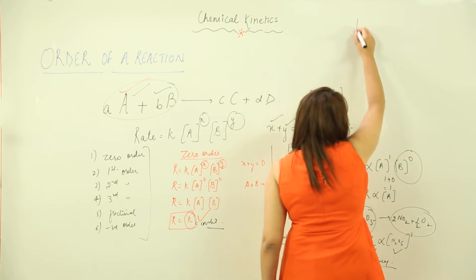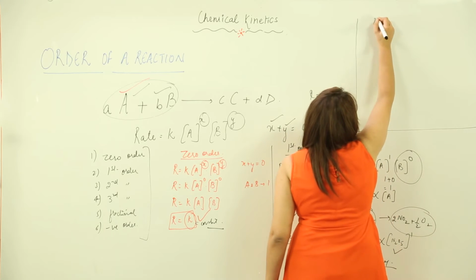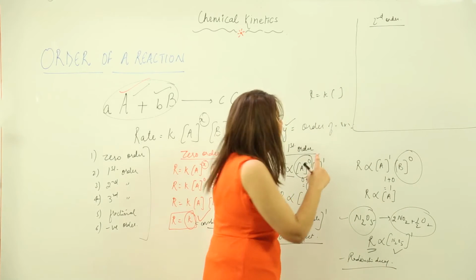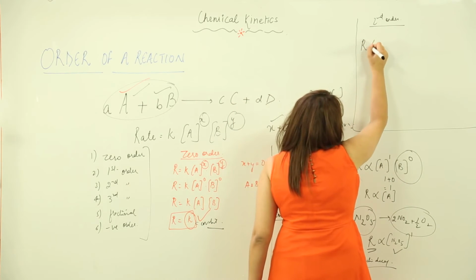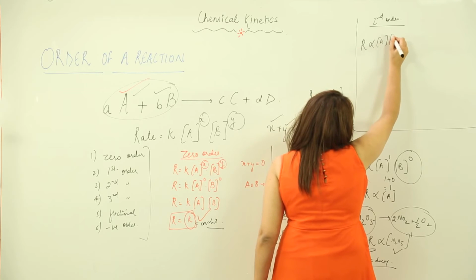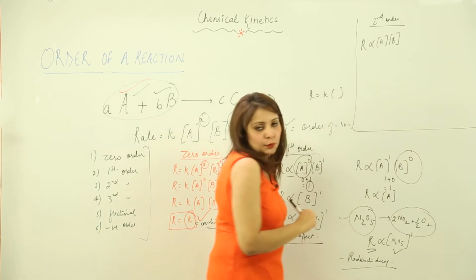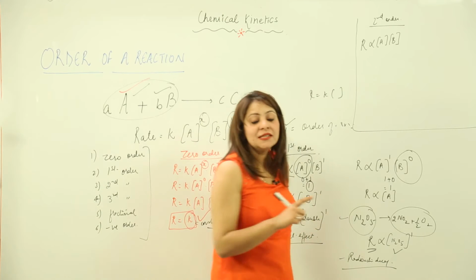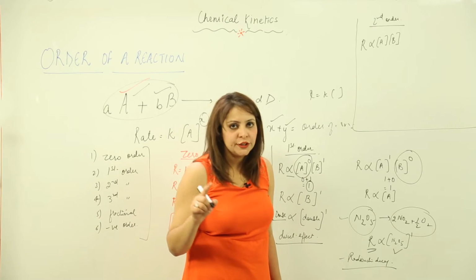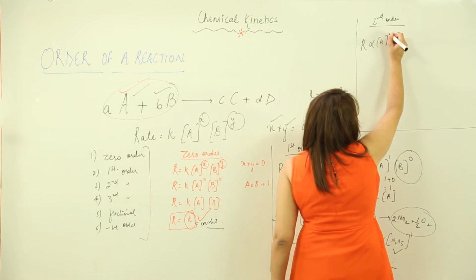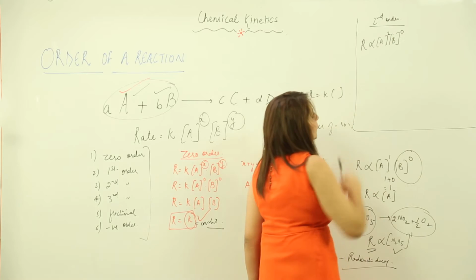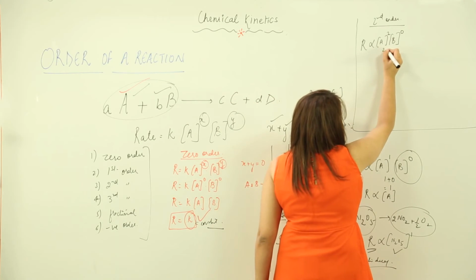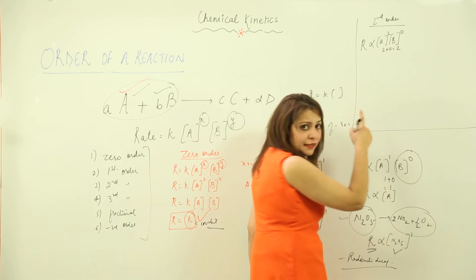Now when we see second order reaction, if I write the rate law equation, it will be like this. It will be directly proportional to the concentration of A and B, as we know we have reactants A and B. Now when we talk about order, the sum of x and y should be 2. So it can be like this, that we have the power of A as 2 and the power of B as 0. In this case, obviously the sum is 2, indicating the second order.